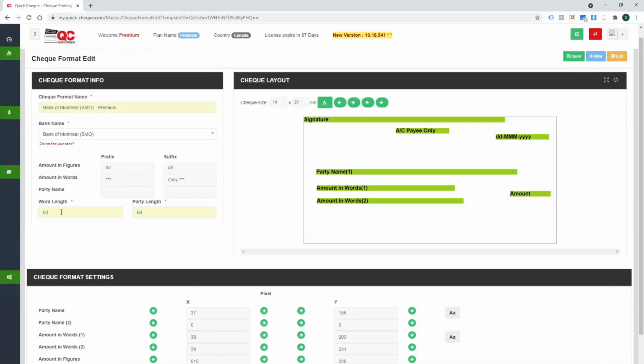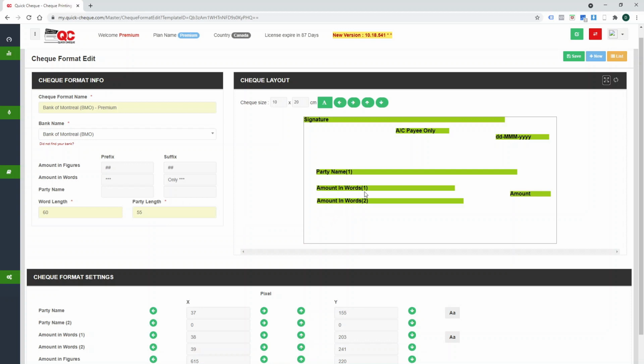There is another important feature, which is the word length and the party length. Now most of the banks have 2 lines for printing the amount in words, whereas a single line for printing the beneficiary. So for example, if you're printing a very long amount and it is going to the second line and the line is not coming correctly, and you can see that QuickCheck is overwriting the fields, you can use this party length field to adjust and reduce the size, for example 55 characters.